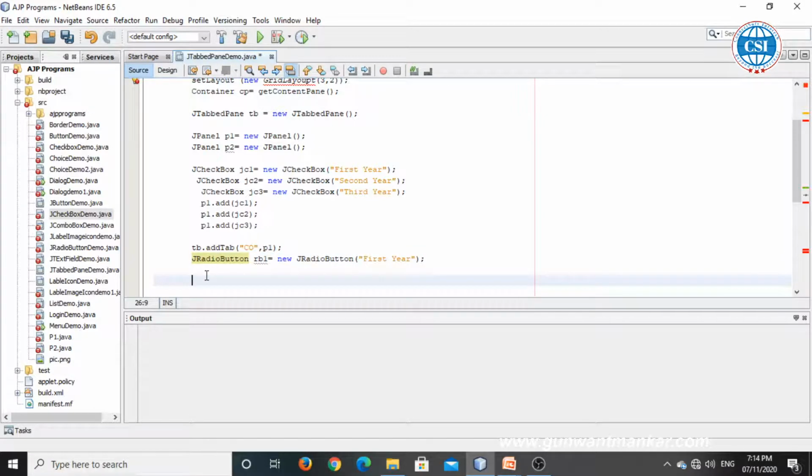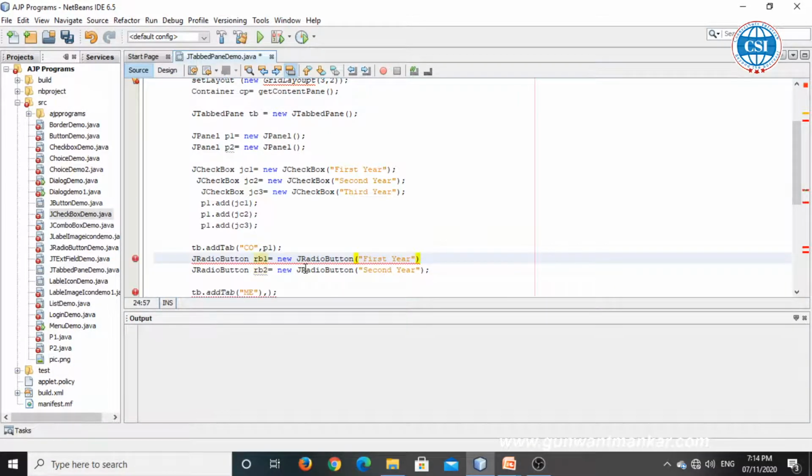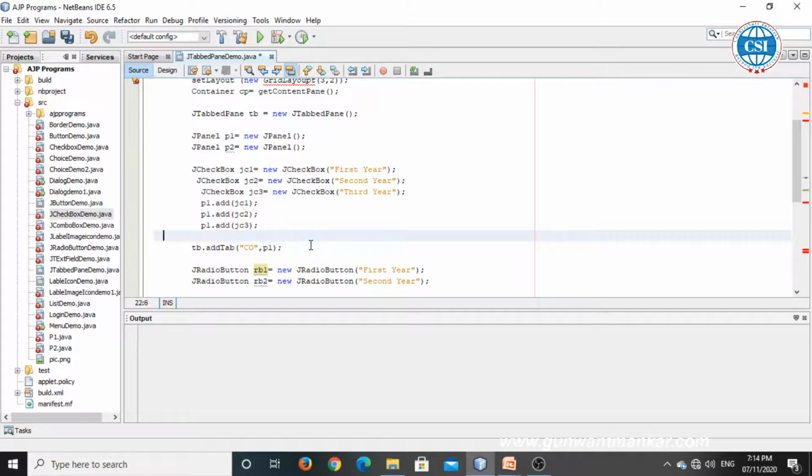I am also adding another radio button, second year. So in the second tab we are adding two radio buttons, while in the first tab we added three checkboxes.